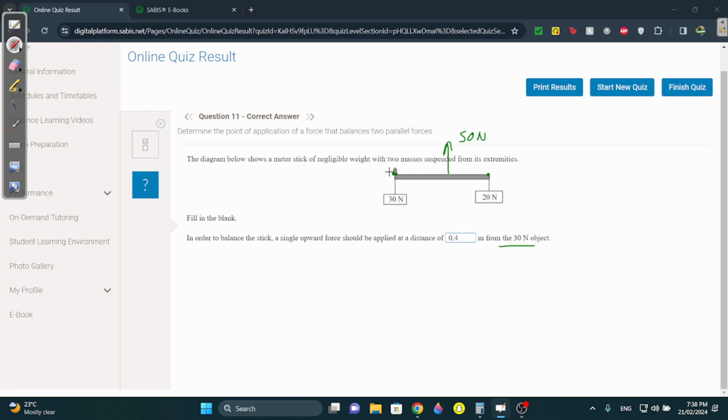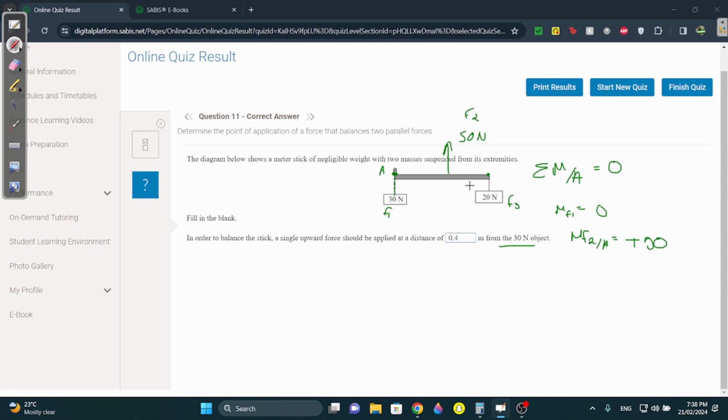Let's call this point A. We know that the sigma M around A should be equal to 0. We have 3 moments here. Let's call them F1, F2, F3. The moment of F1 is equal to 0. Why? Because F1 intersects with A, so it's 0. The moment of F2 around A is counterclockwise, so plus